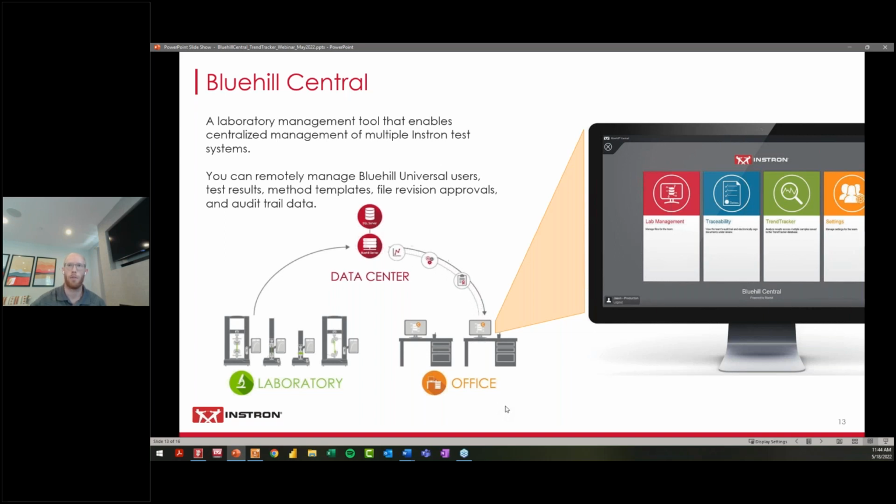That's the main use case for Bluehill Central, from the comfort of your office: we are logging in, performing those TrendTracker actions like we looked at today, and doing other functions depending on what you've purchased. So from the things that I described today, managing those test results and doing that analysis,